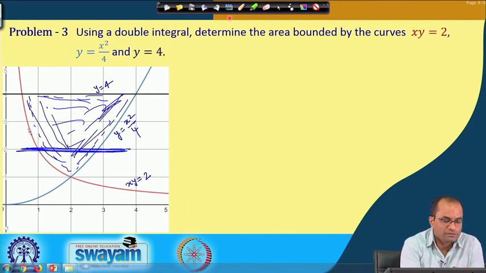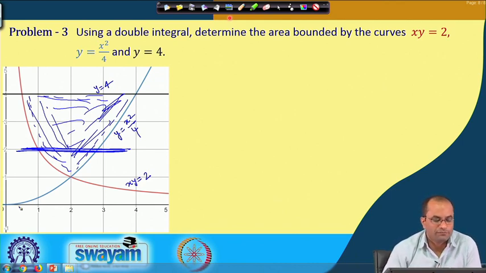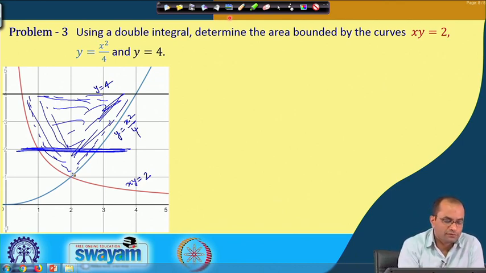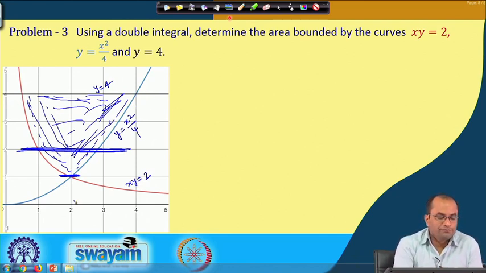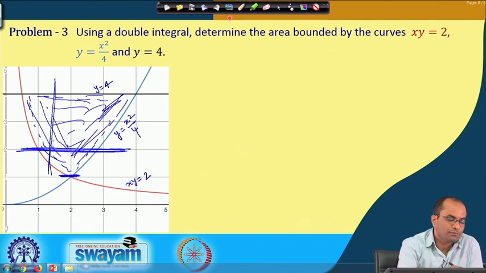We are going from this curve, which is xy = 2, to this curve, which is y = x²/4, and in this direction we will go in y from this point, which we will compute now, the point of intersection here, to y = 4, which is already given. But if we first fix in the direction of x, then the problem will be